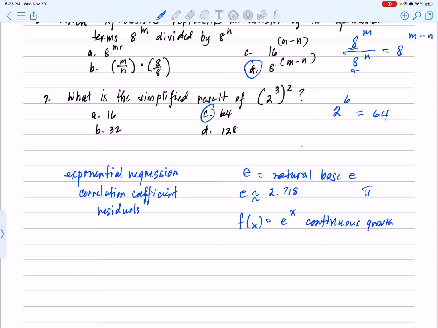For example, this function f of x equals e to the power of x models growth like an investment that earns a constant interest rate. Imagine investment. So when we have problems about investments,